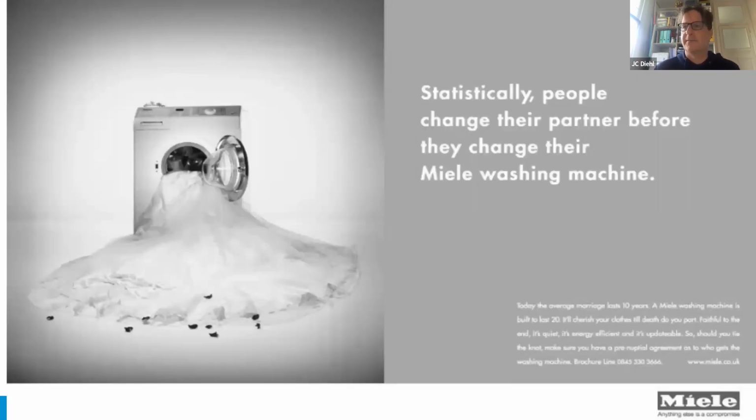And this is a nice example of an advertisement from Miele, where it says, statistically, people change their partner before they change their Miele washing machine. A little bit ironic, but this is a good example of a product that lasts long. But of course, it also has its price tags. A Miele washing machine is much more expensive than a